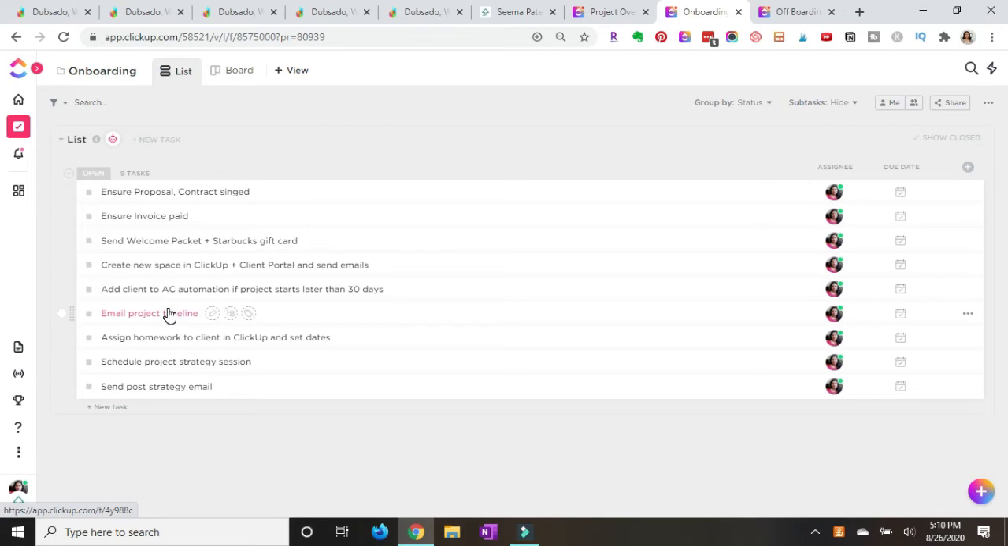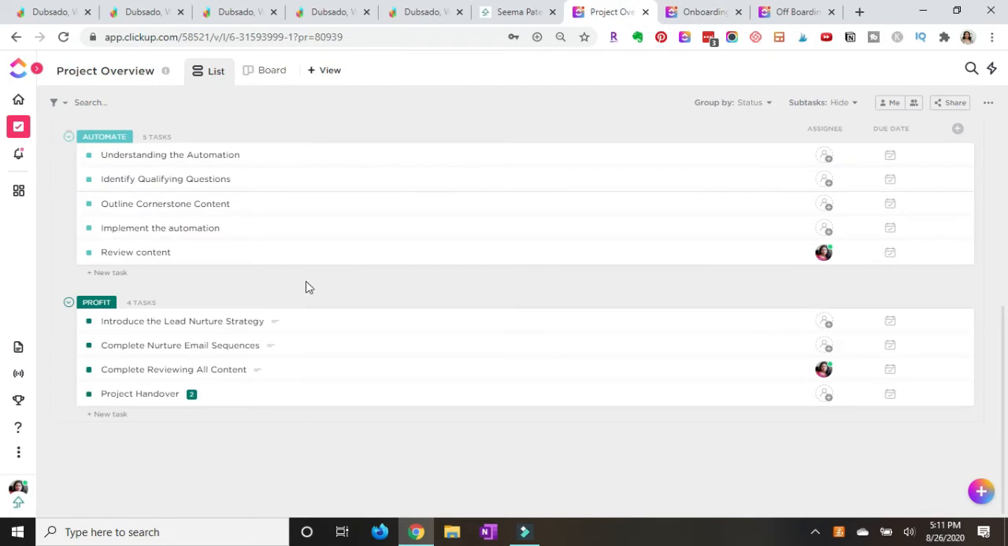So even if it's automated, I make it personal. I always check my canned emails before I send them. It's just how things work for me. And then any homework that needs to be completed before our very first strategy session is dealt with. So all of that is done, and then once they are in their project folder,